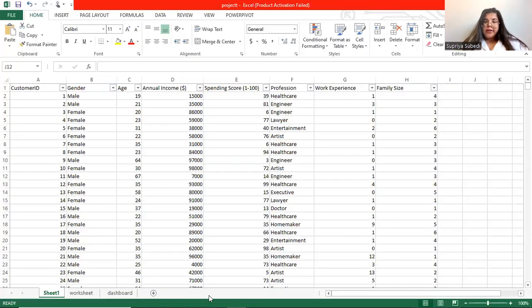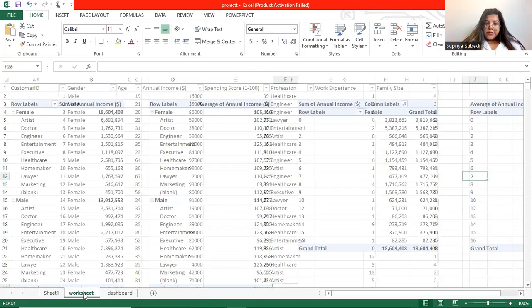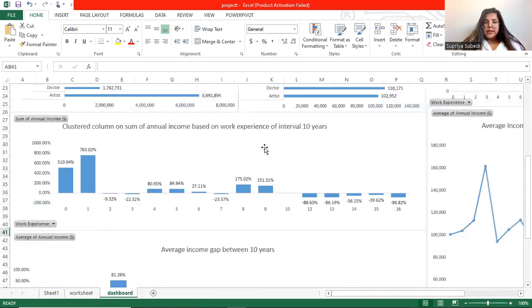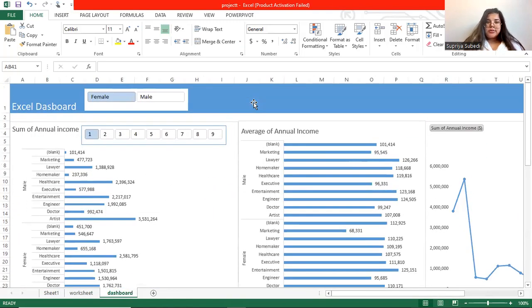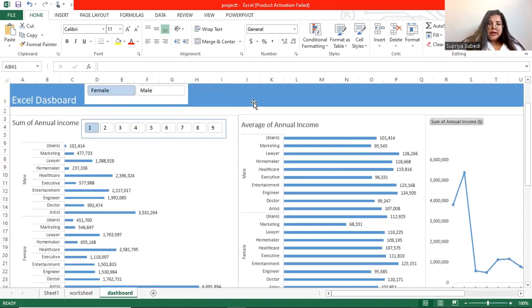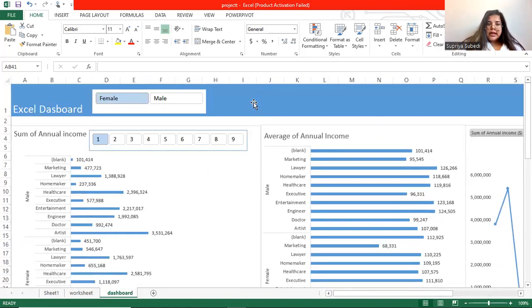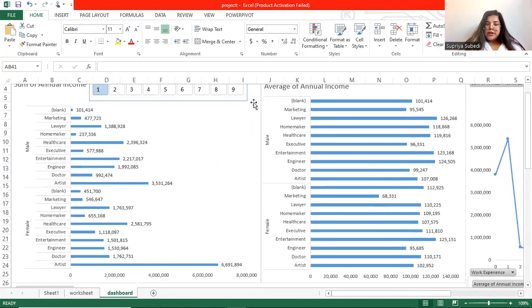So my friends, I've already told you the dashboard is this one. Here in the dashboard you can see the first worksheet, and this one is the Excel dashboard. For comparing the Excel dashboard, I'll just compare with the family size one. As you can see, in the male, the sum of annual income of artists is more, whereas the sum of annual income of homemaker is less in the family size one,